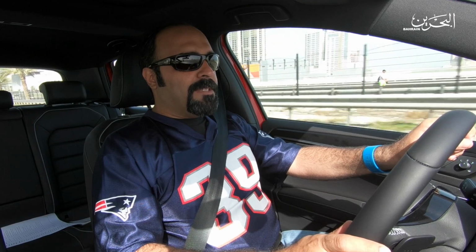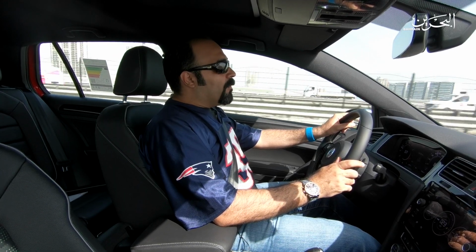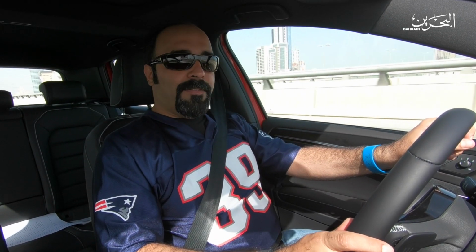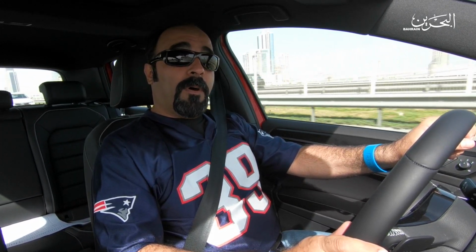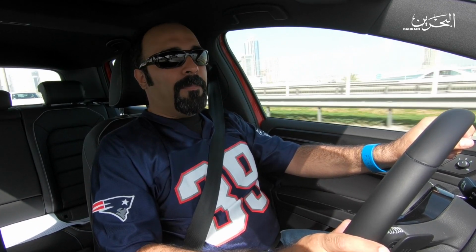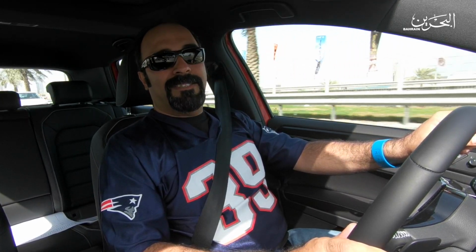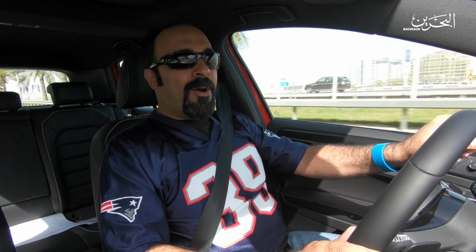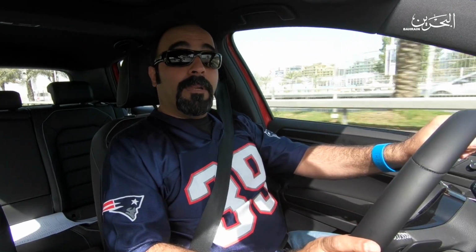This 2017 Golf R is the 7th generation of the Golf that was first produced in the year 1974. Oh yes, 74. The Golf model out of the Volkswagen range is the second most popular car in the world, selling millions of this car. So you can know how important this model is to the car industry and how popular it is with the